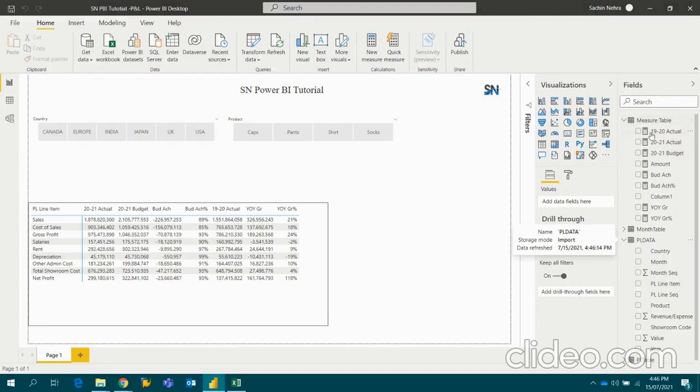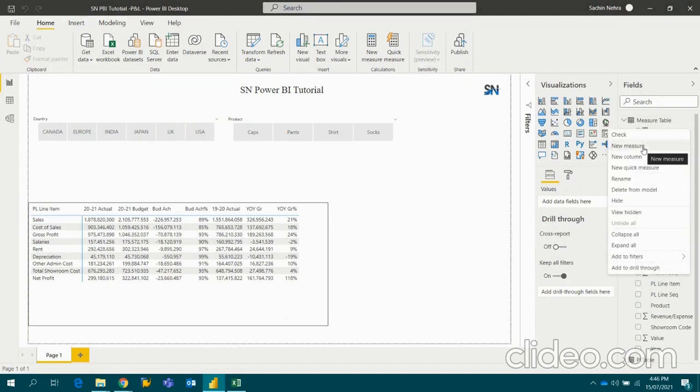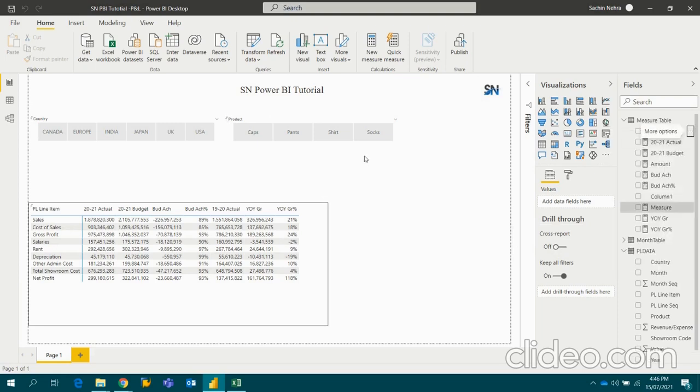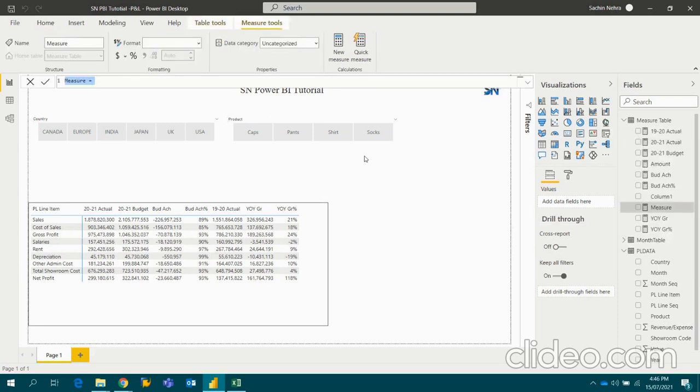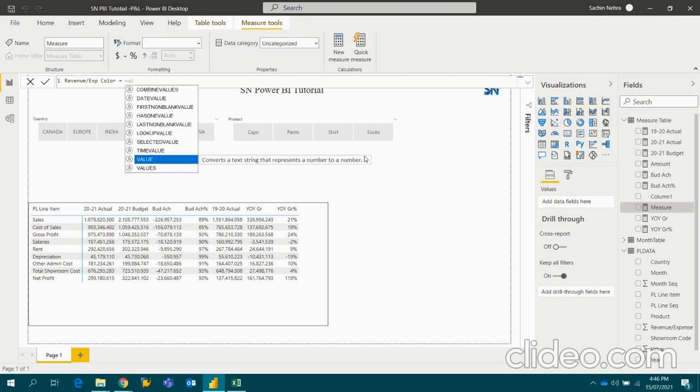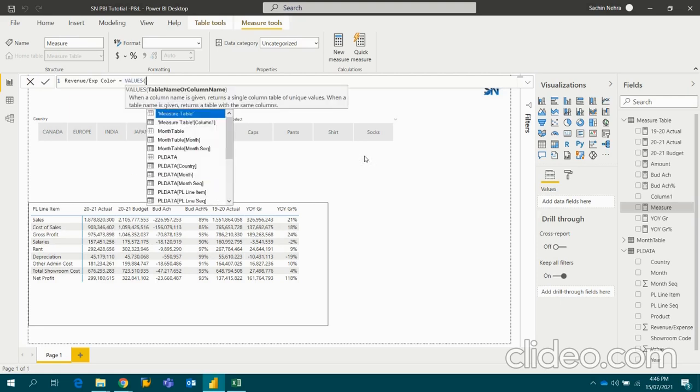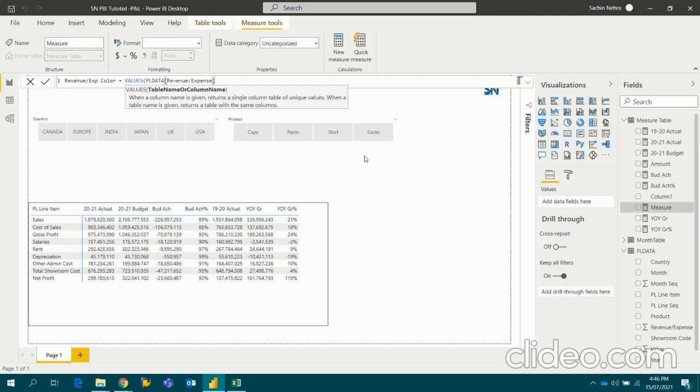Now what I'll do, I'll use another measure for the purpose of putting the color into the year-on-year growth column. So this I will name as revenue expense color, which will be values in column period data.